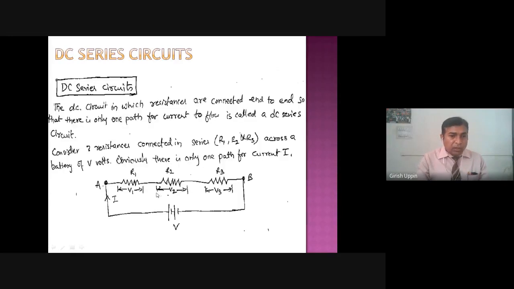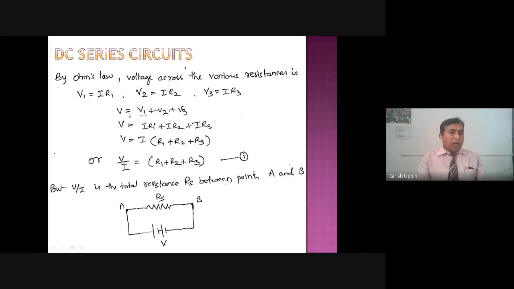Now, from this circuit, whatever voltage I apply, I have applied 50 volts. That 50 volts will get distributed among the three, right? The total voltage that you have applied, if you have 3 elements, will get distributed among 3. If you have 4 elements, it will get distributed among the 4. So the applied voltage V is equal to V1 plus V2 plus V3. The applied voltage is equal to the individual voltages across each of the resistors.